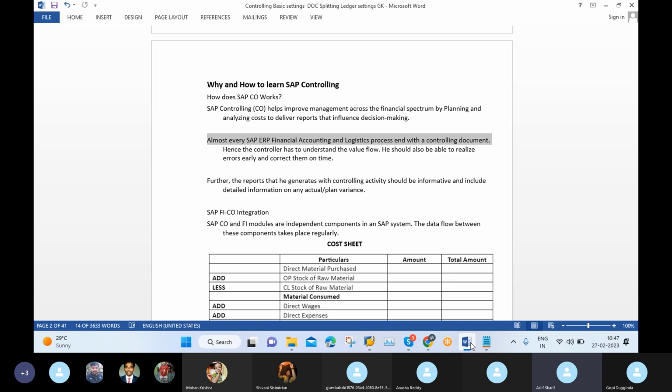Cost. So it means those costs I will consider in controlling as my cost center, as my cost item. Am I correct or not? That's the reason only in purchase invoice we need to maintain our cost center. That is the logic. And the next thing is in profit center, sales invoice posting.